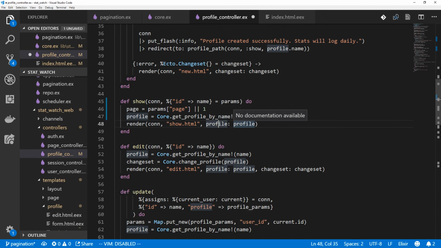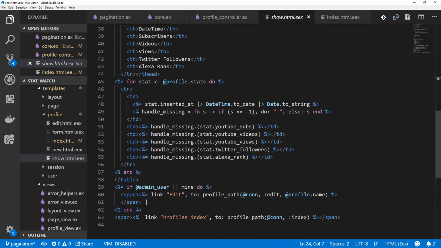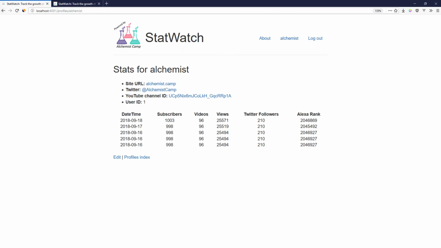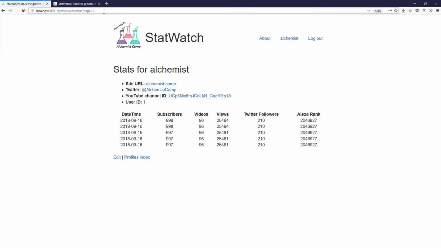Show the profile, and we'll have to go to that show page as well. Profile show. We'll get all the stats from profile.stats, profile.paginated stats.list. We use profile.stats anywhere else? We did not. And now we're just showing 5. Got the second page,